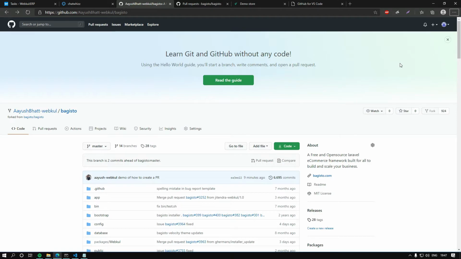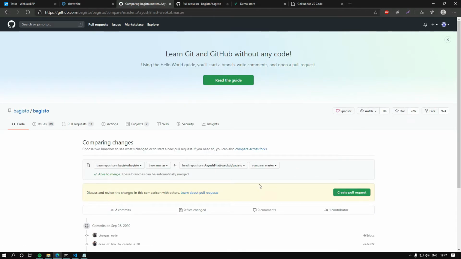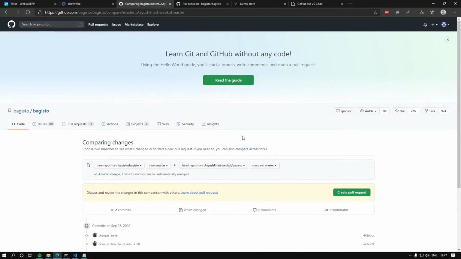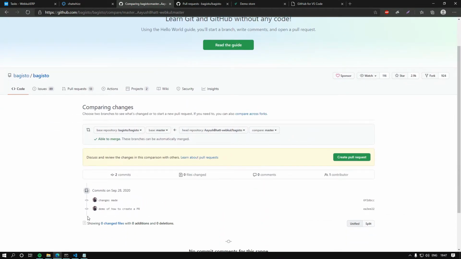For doing that, just click on this pull requests tab and create a new pull request. All the changes you have made will be shown here. For me, I have not done any kind of change, so it's not showing. Zero files changed. It will show all the files that are changed.